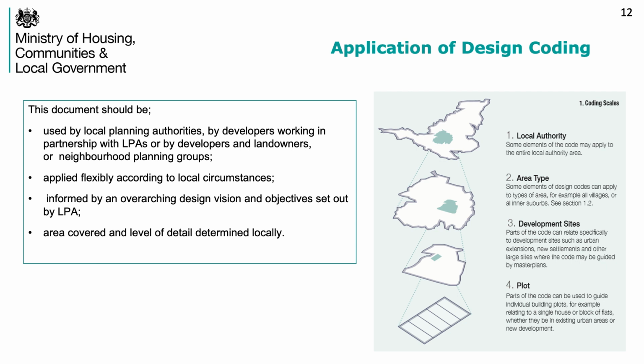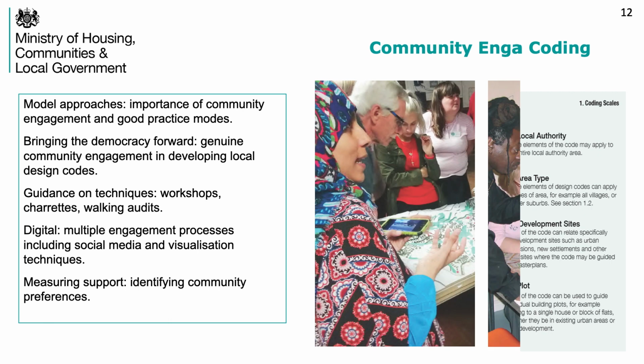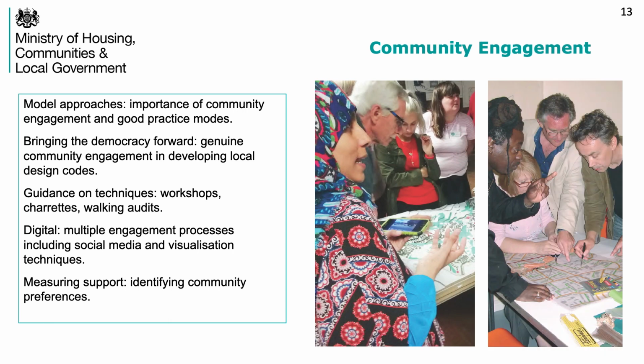Returning to the point about community engagement, this is one of the most important aspects of the coding work. We have included within the guidance notes model approaches to community engagement to ensure that communities are involved in the development of design codes and that we do what we are committed to doing, which is bringing democracy forward in the planning system, in the plan making process. That requires genuine community engagement and requires the application of techniques of workshops, charrettes, walking audits, very typically face-to-face engagement,